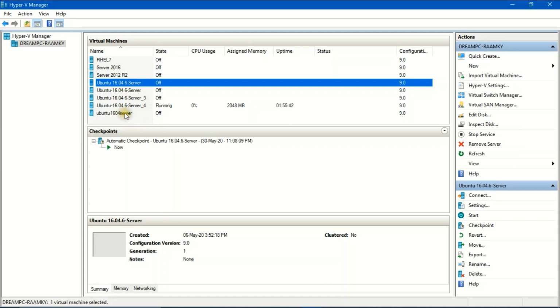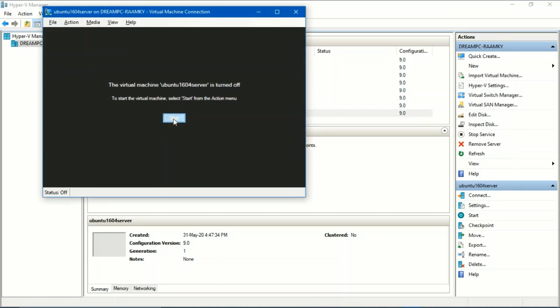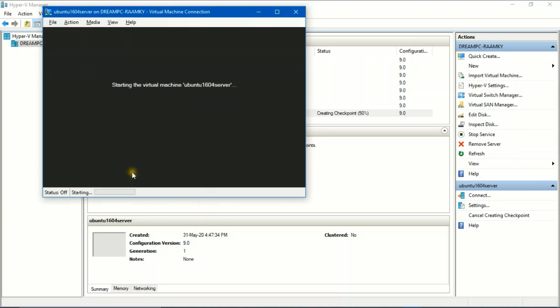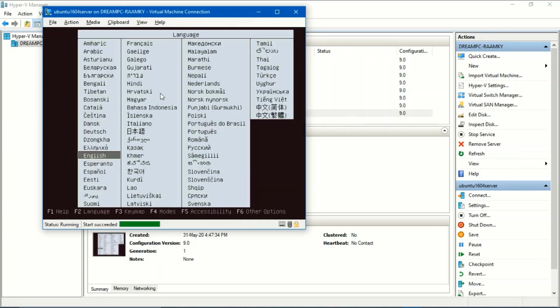Now select the created virtual machine, right click, click on connect, click start. Now you can find the installation screen and you can proceed as per your preferences.